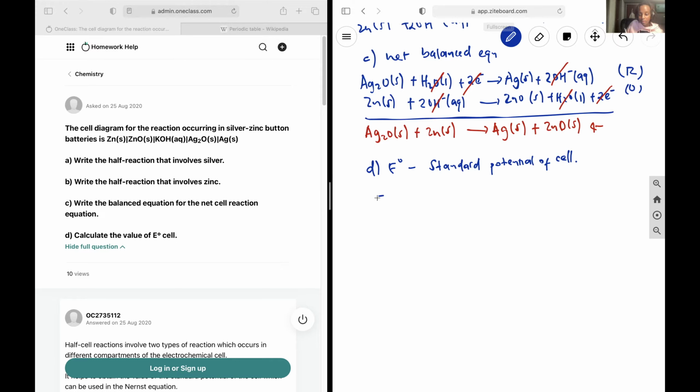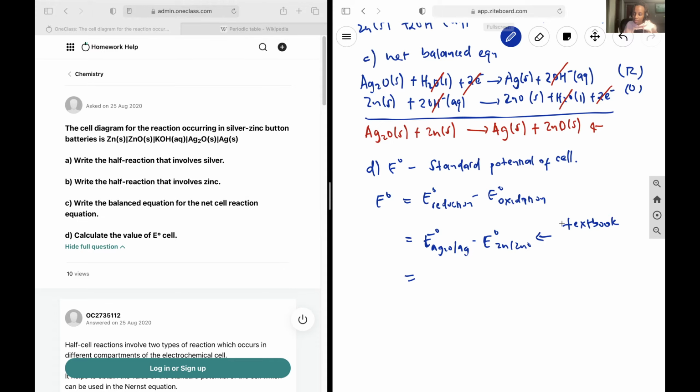And so the standard potential of the cell is equal to the standard potential of the reduction half minus the standard potential of the oxidation half. We know what half is what, so the reduction half is the silver half. So that is going to be Ag2O becoming Ag, minus that, zinc becoming zinc oxide. And so these values will be provided in the textbook usually,